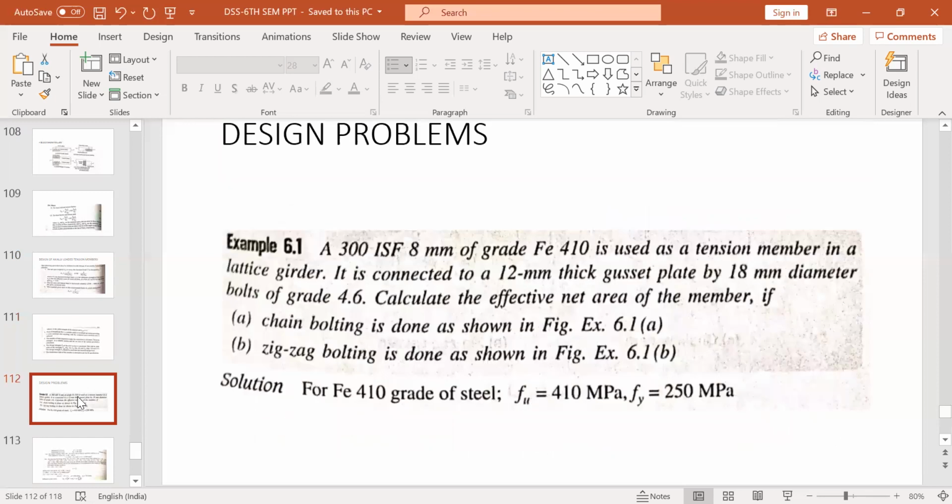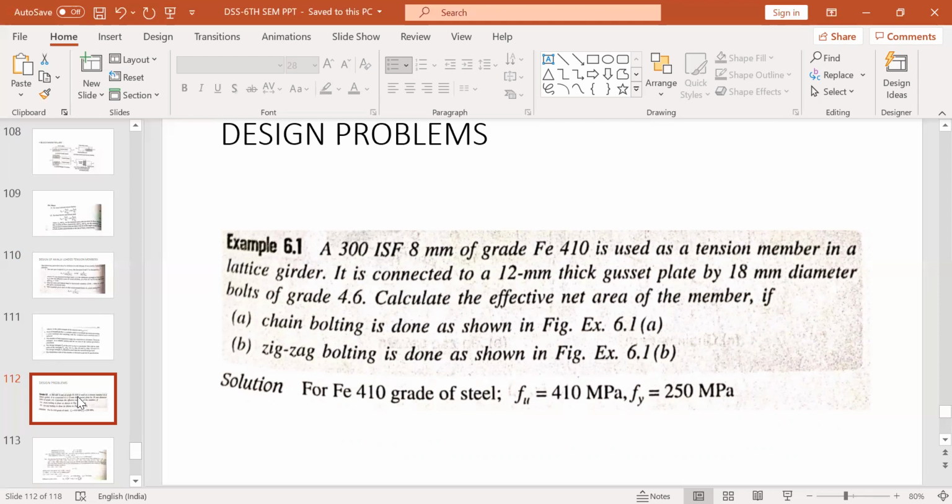Now I've taken a couple of problems. Find out the net effective area. Generally in tension members, it is only asked to find the net effective area or the net sectional area. These are asked, and theory may be asked from the 3 types of failures. So you should understand the conceptual part of the theory. Most of the time it is asked from tension members in your RTU main exam. So that has to be clear, right?